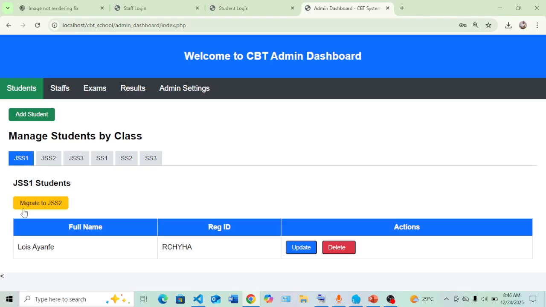Then one of the functions I still want to show you under the student tab is that you can actually migrate students. Let's say, for example, it's a promotional tab or you want to promote a student from one class to another. You can make use of this particular button. So immediately I click on migrate to